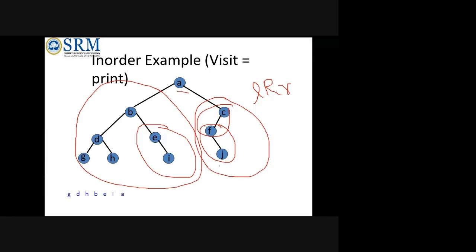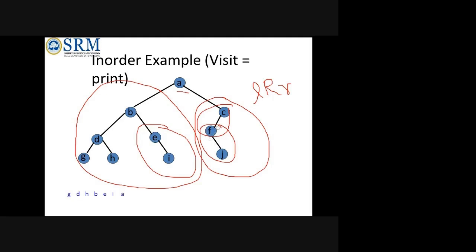Okay, so when it comes to C, it will know that it is having a left node. So again, it will think that we can print this node, but finally when it comes to F, again it will find that it is having a right child, but why is F printed? See, when it comes to C, C will not be printed because it is having a left child. So it will think that I can print F, but when it comes to F also, it will know that it is having a child, the right child or left child, something.